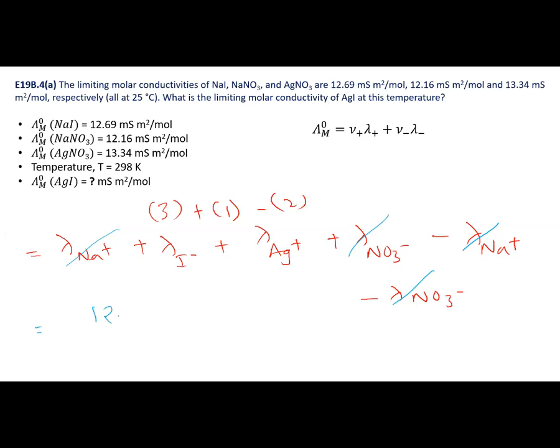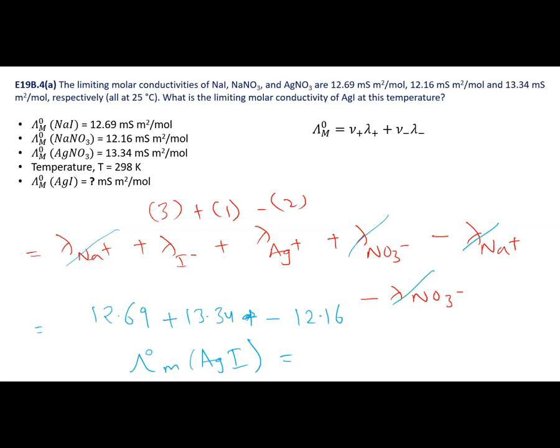In terms of mathematics, we have 12.69 for sodium iodide and 13.34 for sodium nitrate. From this, we can subtract the contributions from sodium nitrate, which is 12.16. So the limiting molar conductivity of silver iodide is equal to,